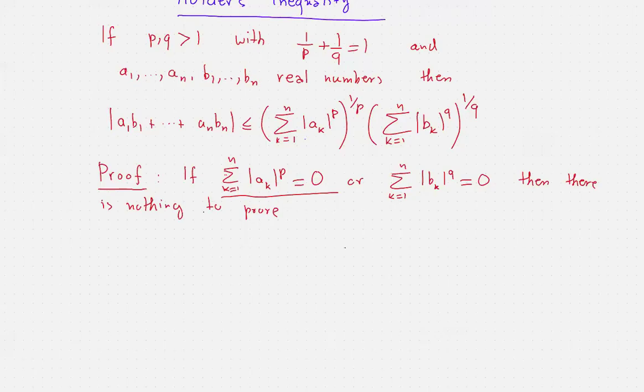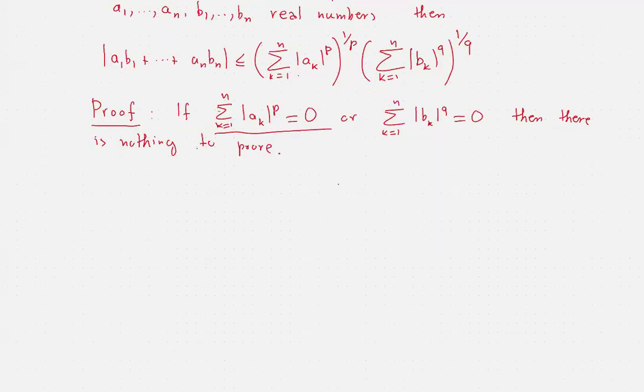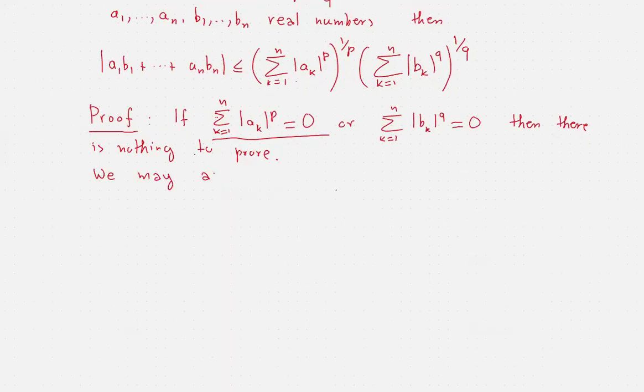So we may assume that both of these are positive. And this means that we can do the following little trick. Notice that the inequality is homogeneous both in a's and in b's. So it holds